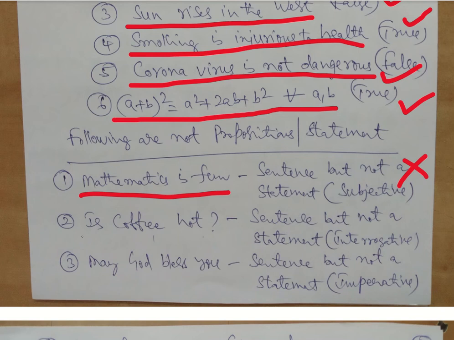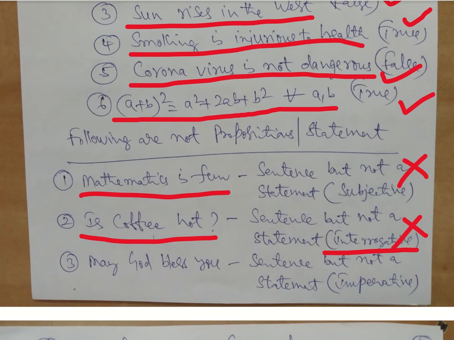Now let us take another one. "Is coffee hot?" Yes, some people are ready to drink even very hot coffee. If you ask them, they say it is normal. Somebody who cannot take hot coffee, for them it is hot. So again it is debatable. This sentence cannot be a final declarative sentence. There is no true or false attached to it. It is just an interrogative statement, so it cannot be a declarative statement. Thereby it is not a valid proposition.